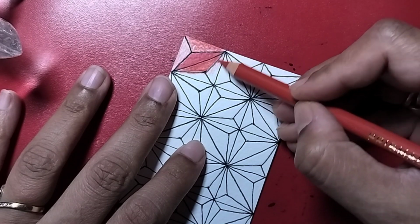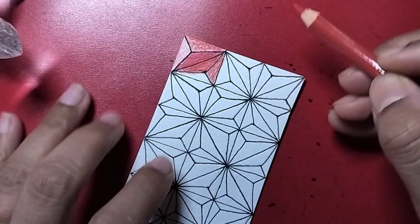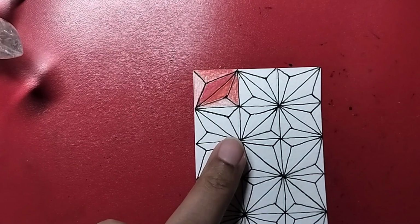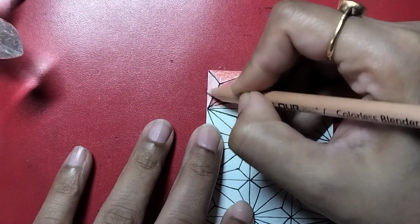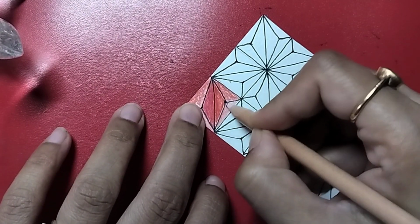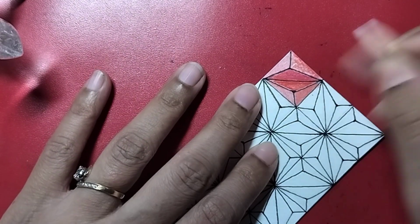This will be a little lighter. And this will be very light. Something like this. Yes, let's use our blender pencils, since I mentioned that this paper has a lot of tooth. So I'm going to push the pigment into my paper using my blender pencil, starting from the lightest,